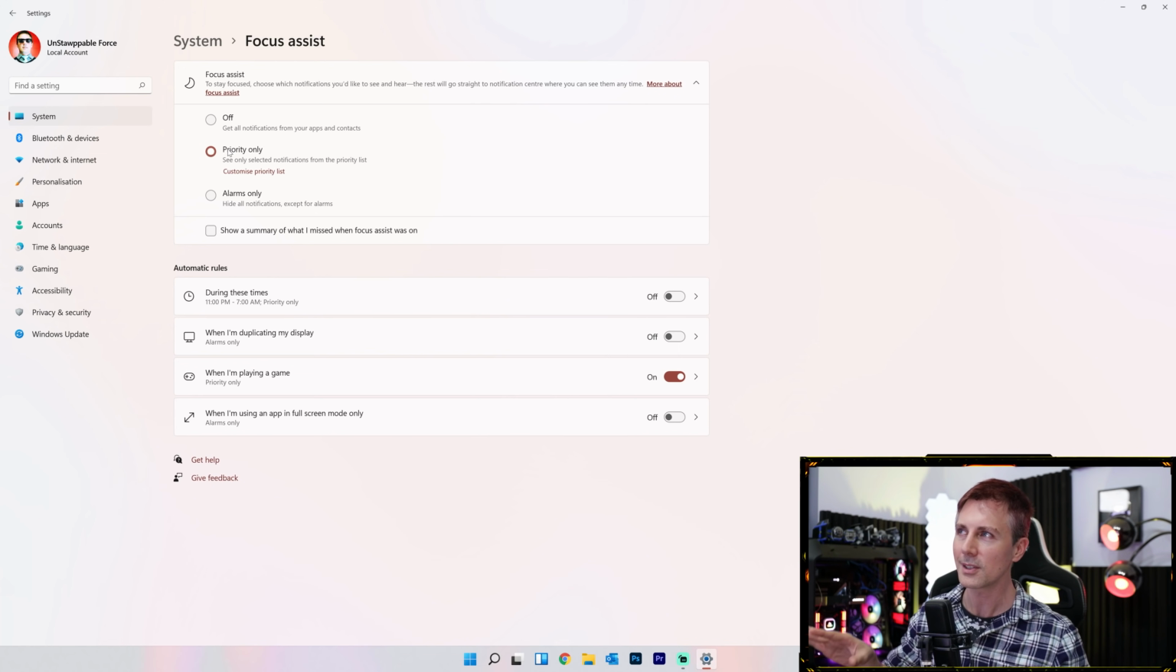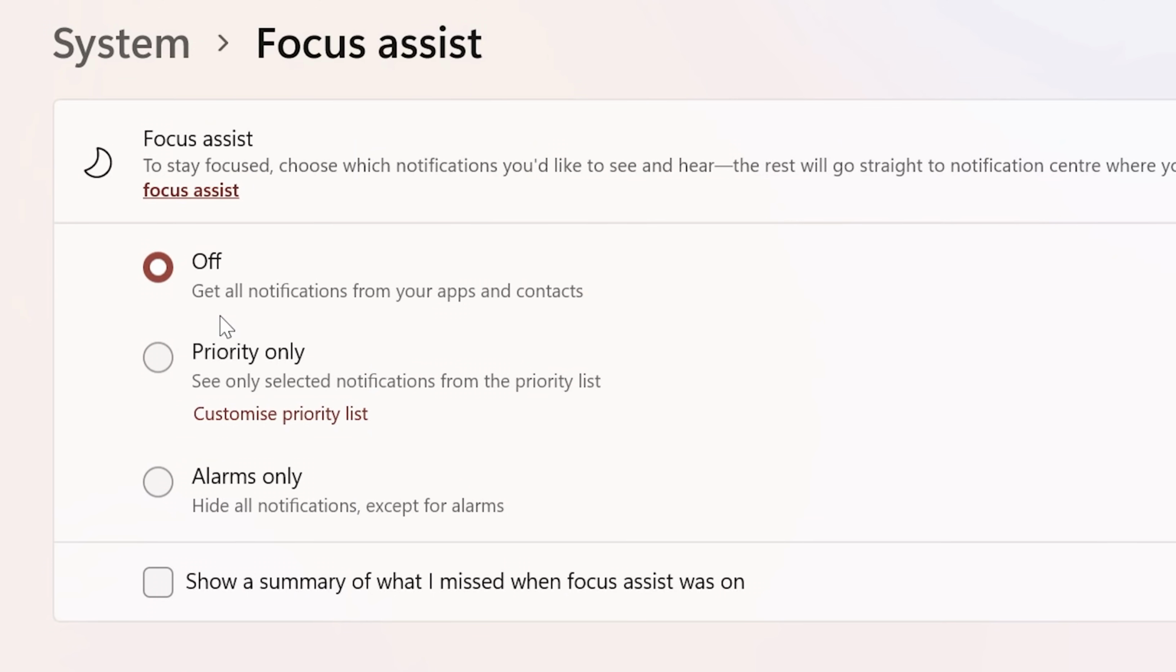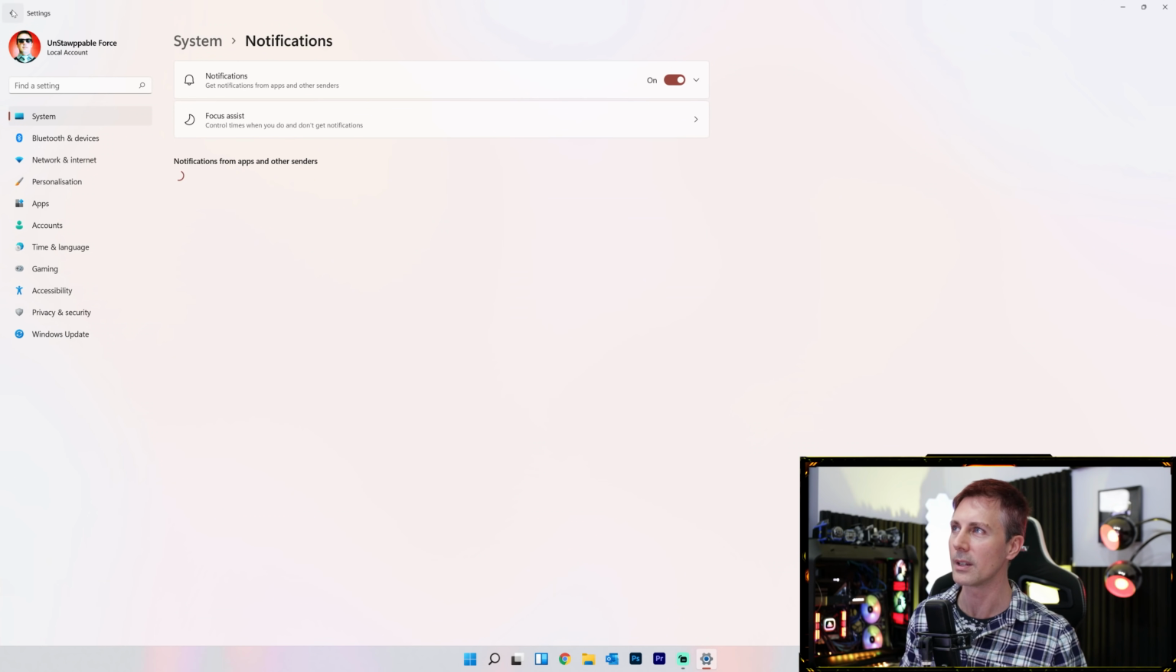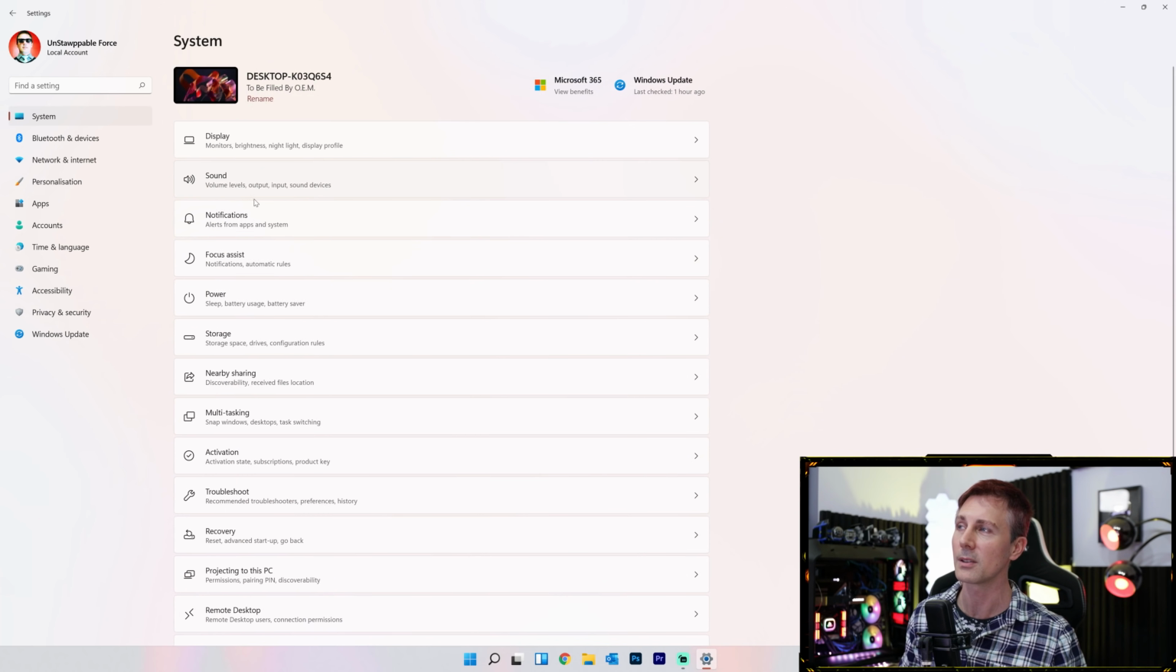But also in Focus Assist, I like to put this on priority only. If you turn this off, you will get everything notified, like Facebook messages, and for me, it's a lot of clutter. So priority only tells me, for instance, when someone's sending a really important email, I like to leave this one on, because if it's a really important email, then you want to get it straight away. But then after we've done that, we can left click on this top left arrow here, and we can left click that twice, and that'll take us back to this menu right here,